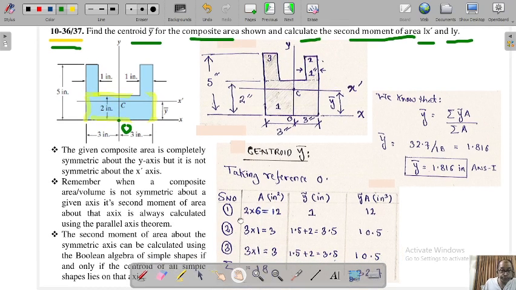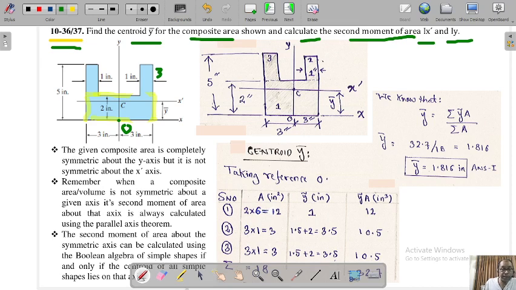Now you go to segment 2, which is this rectangle. Here they have given us 5 inches and 2 inches, so this length will be very simply 3 inches. It is 3 multiplied by the width of 1, so the area of segment 2 comes as 3.